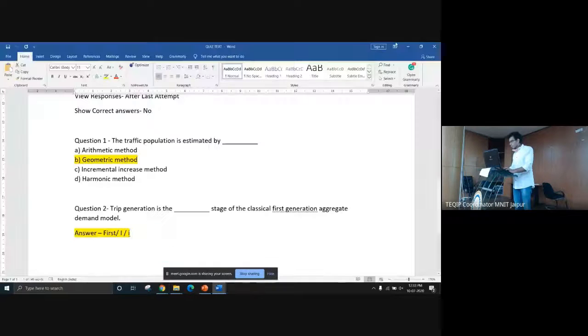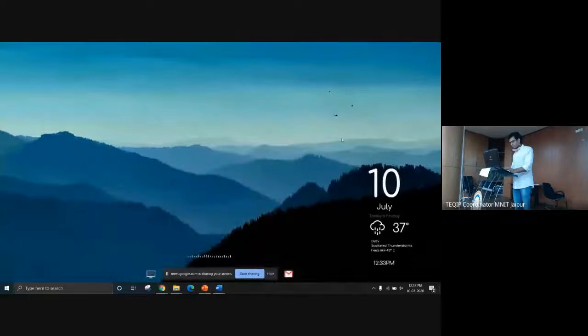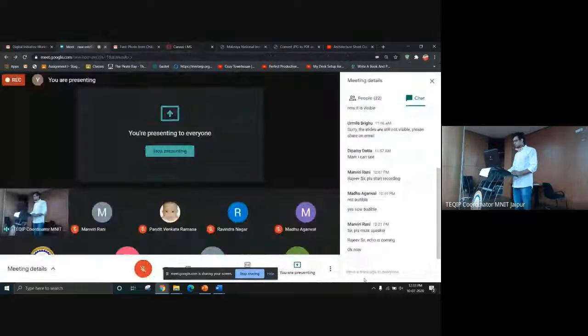So in the next 15 minutes, we are having two tools. We will summarize whatever we have done in the first half, and we will have two hands-on sessions of 5-10 minutes each. We'll summarize whatever you have learned since morning, so you can judiciously choose which tool to use from now onwards: which virtual tool and which learning management system to use. In the next 15 minutes, we are going to see that.